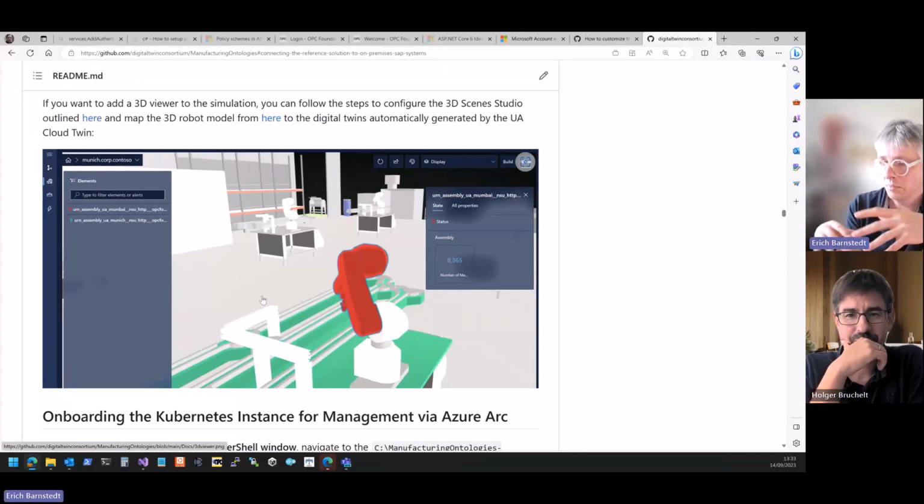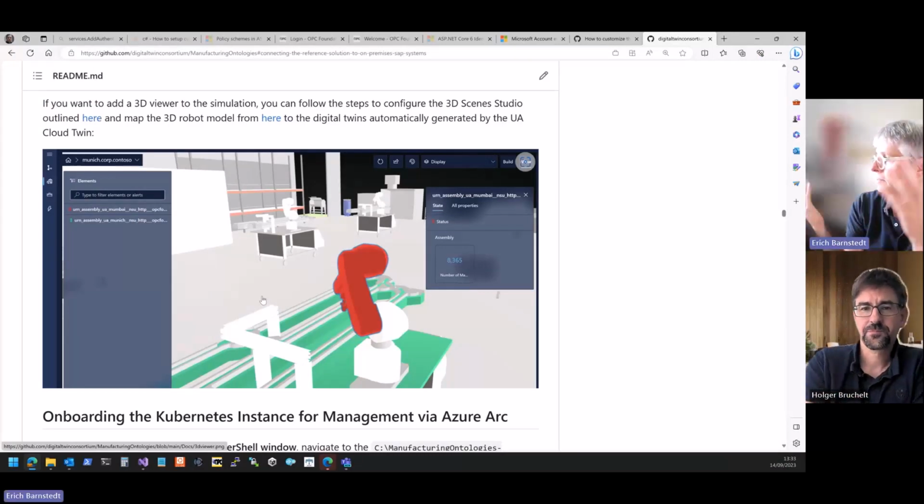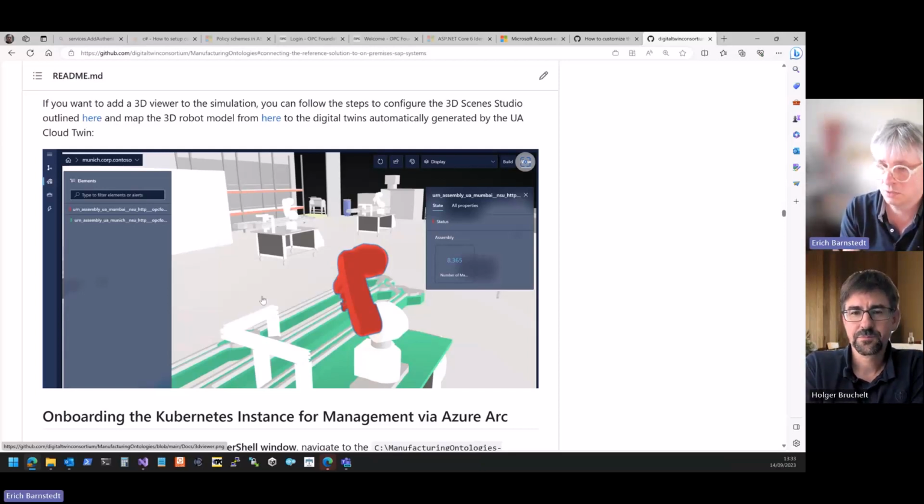So in Microsoft Azure Digital Twin service, the digital twin is basically a representation of your physical asset, and it has telemetry, it has methods, it has Azure functions that you connect to it. So based on some threshold value, you can execute some code to react to something that the robot did. But you can also attach a 3D wireframe with textures, as far as I know, to it, right? So you can really create a 3D representation of your production line on Azure, right?